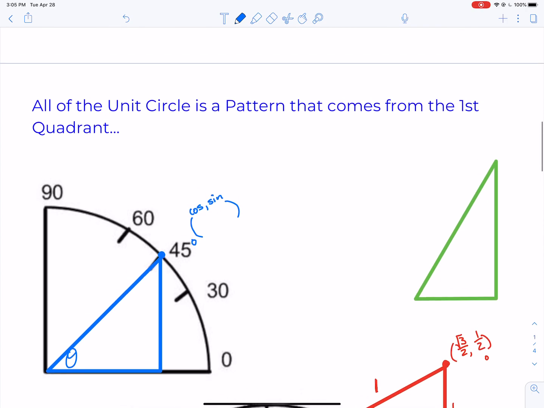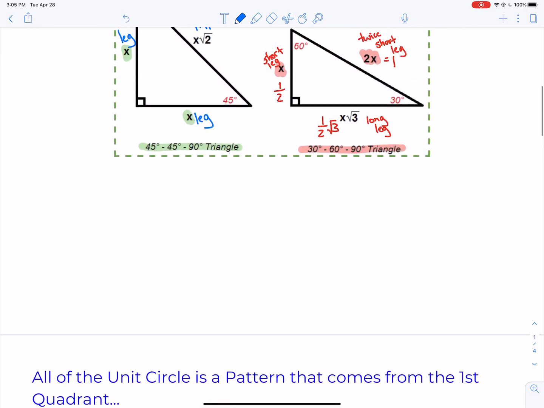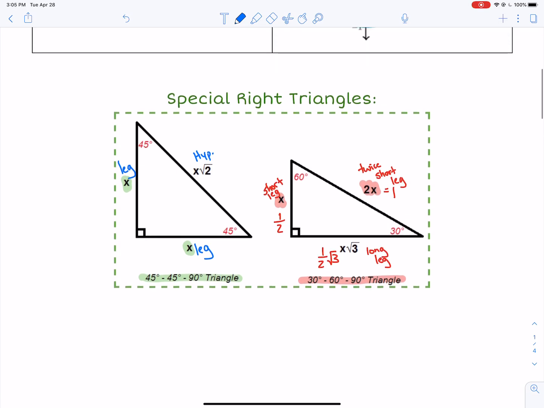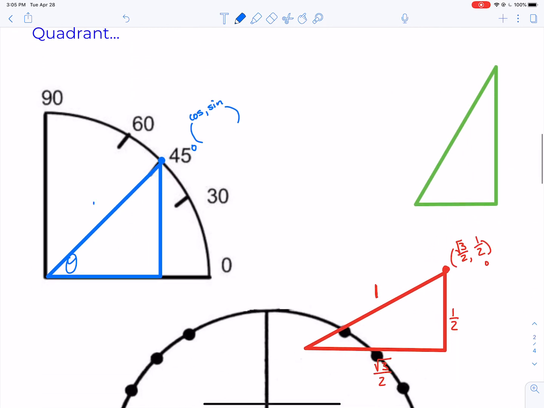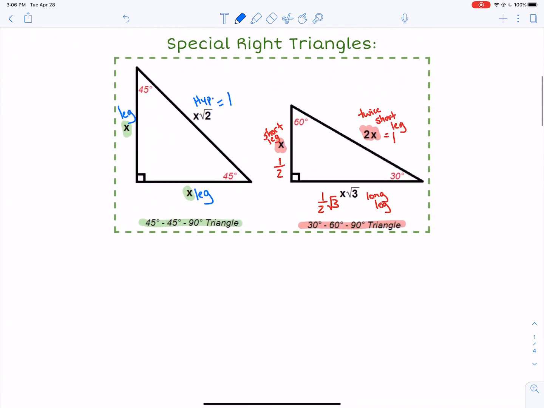So we refer back to our special right triangles again. This is a 45, 45, 90 triangle, and we know that the hypotenuse is equal to 1. Because if you notice, the 1 is always the radius of our unit circle. So if that's equal to 1, I'm going to move this x square root 2. So we know our radius is equal to 1, and that's the hypotenuse, but we need to solve for x. So I'm going to say x square root 2 equals 1, and then if I solve for x,